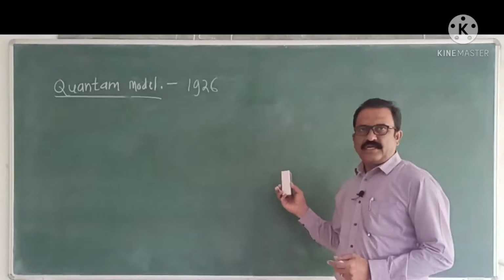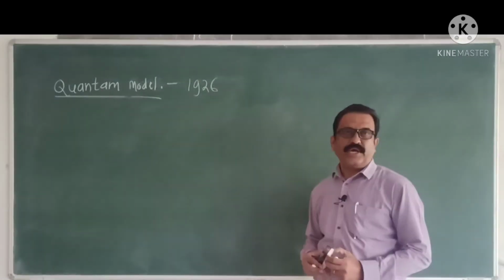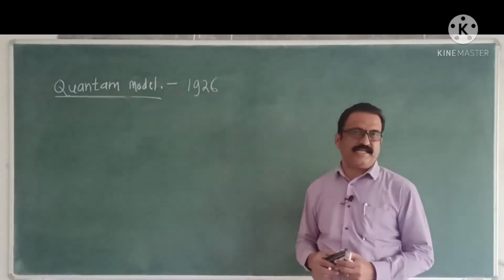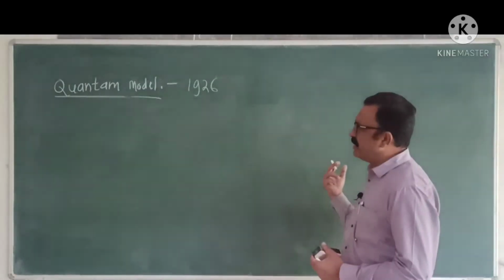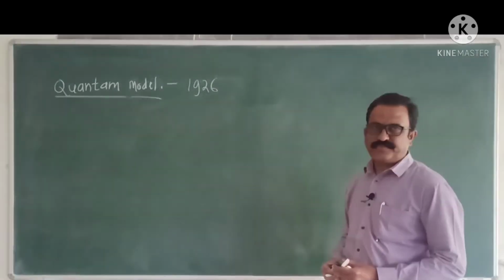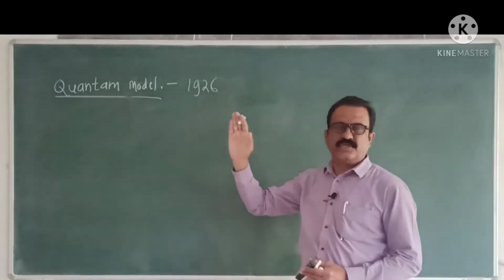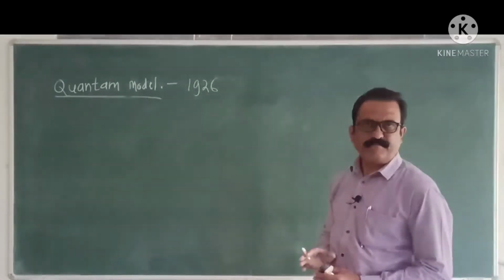Schrödinger gave a wave equation, and by applying these two different properties, they introduced a new branch known as quantum